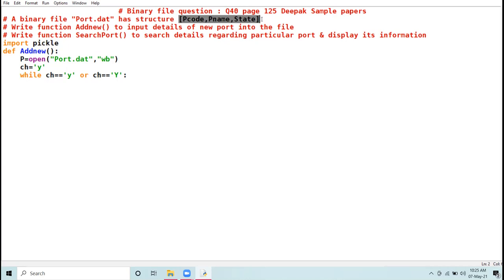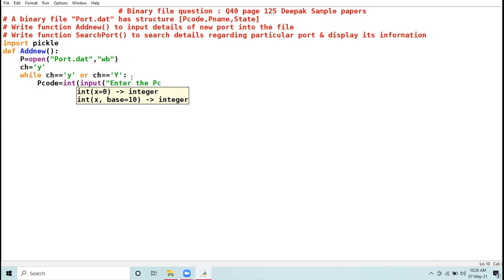This is our required data. So we are inputting pcode first. I am taking pcode of type integer. So I am inputting: enter the port code. Then I am taking pname: enter the port name.